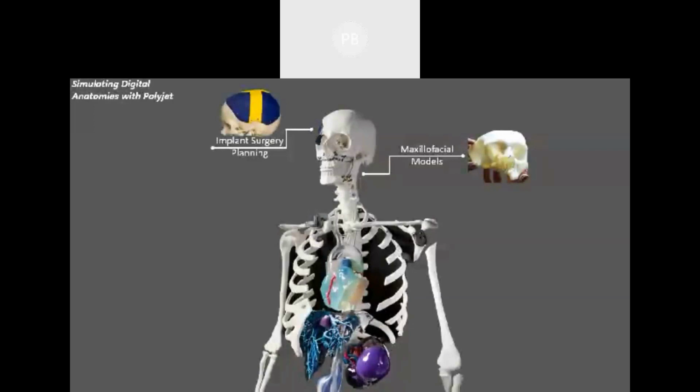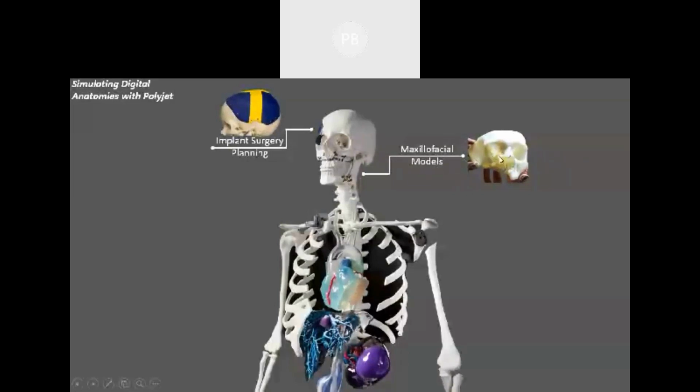First is implant surgery, where you need a cranial plate. A lot of damage and accident cases come up where the top part of your skull has to be replaced with a metal part, and this kind of metal part is now printed with a 3D printer and can directly replace the bone in the human body. It can be printed directly in titanium and implanted.